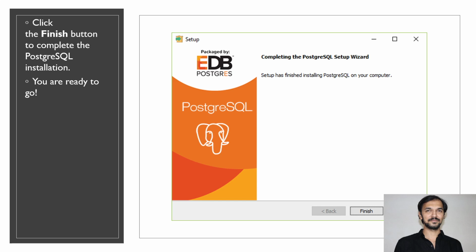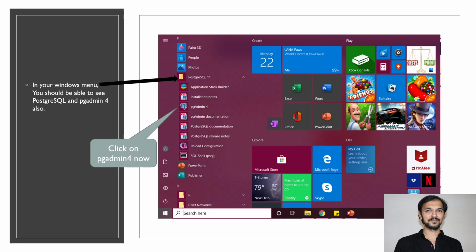This installation is required, and after you install this, you need to open pgAdmin. How to open pgAdmin? Once you install PostgreSQL, you go to the start menu. From the start menu, scroll and go to the PostgreSQL folder. Let it be any version you have downloaded, PostgreSQL 11 or any version. Click on the PostgreSQL folder. You will be able to see these many options. Stack Builder you are able to see, but it is not installed. So that's absolutely fine. You can see the pgAdmin 4 option here.